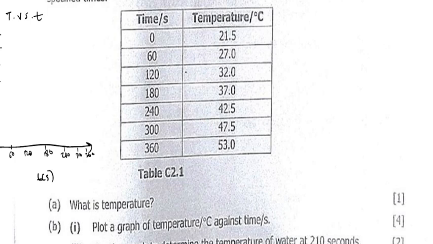When time was 60, temperature was 27, somewhere 27.0. When time was 120, temperature was 32, somewhere there. When time was 180, temperature was 37, somewhere there. When time was 240, temperature was 40. So what I'm saying here is that at the end of the day, we are going